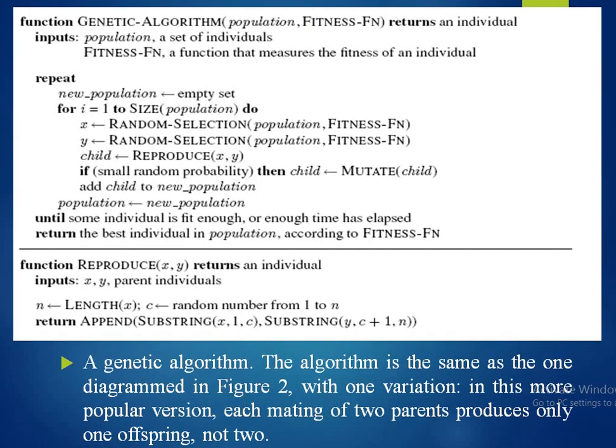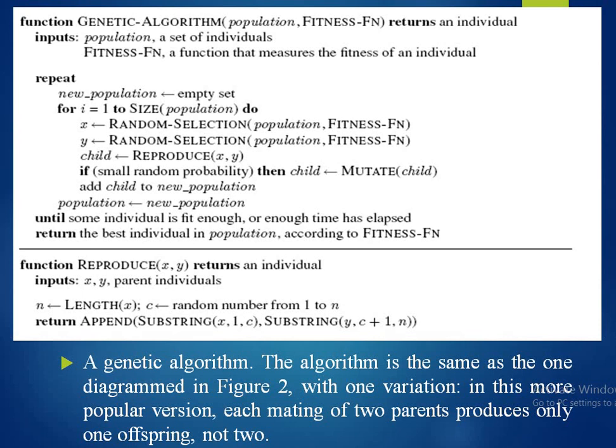So, the figure here shows a genetic algorithm. The algorithm is the same as the one diagrammed in figure 2 with one variation. In this more popular version, each mating of two parents produces only one offspring, not two.